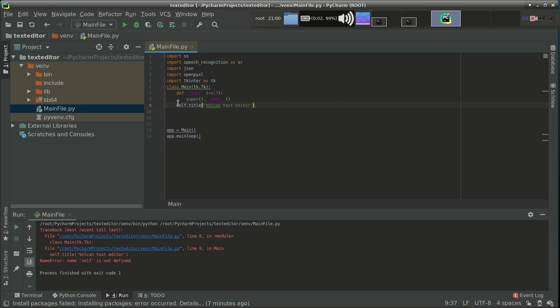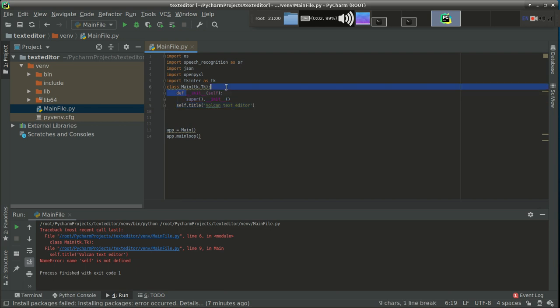Self is not defined, yeah, so it is throwing an error for self. Okay guys, wait. Yeah, actually the biggest problem is we are writing this syntax after the constructor.